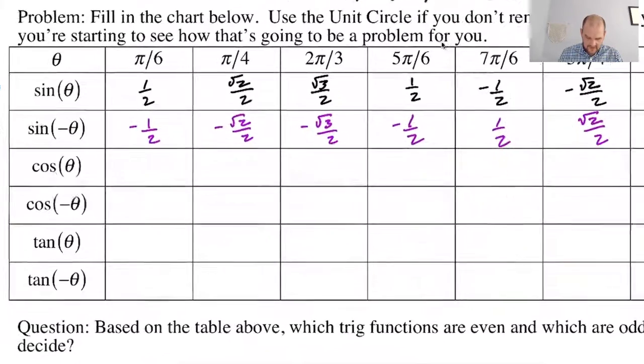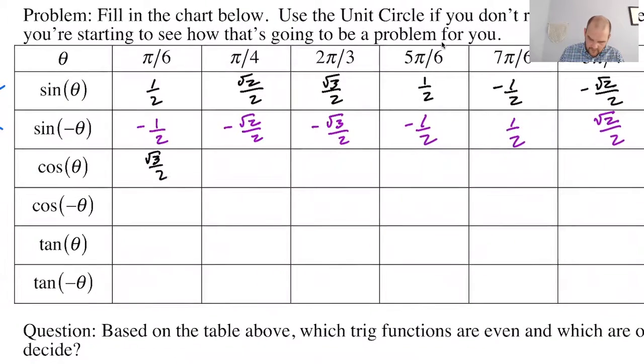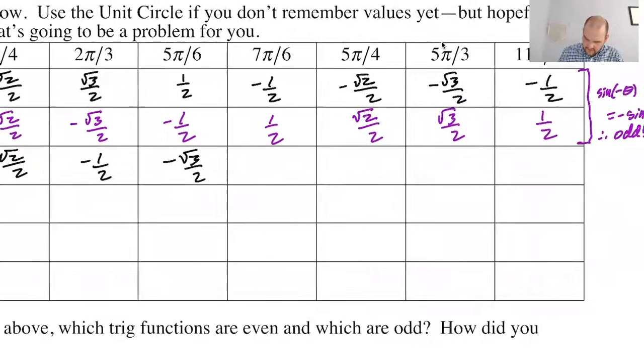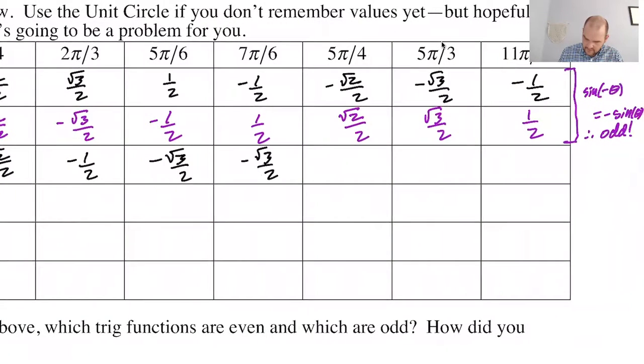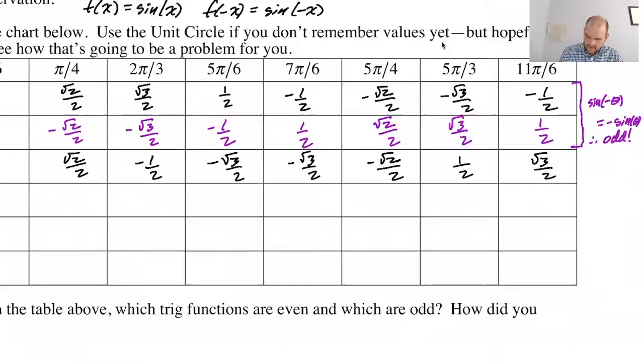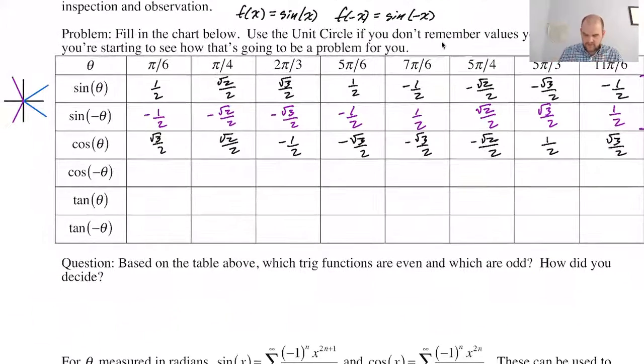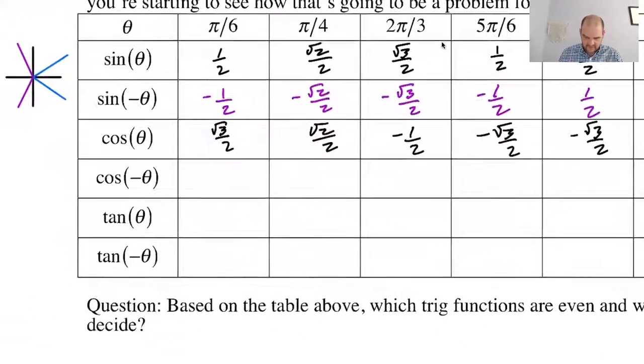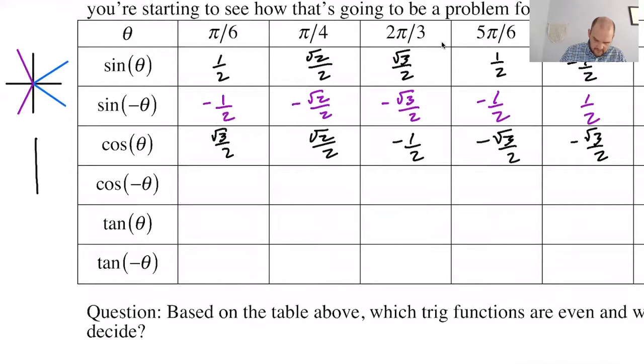All right, let's do these cosines. So cosine: root 3 over 2, root 2 over 2, negative 1/2, negative root 3 over 2. Another negative root 3 over 2, negative root 2 over 2. What am I doing, cosines? Positive 1/2, radical 3 over 2. Okay, so pi over 6. Now I'm going to take this in a slightly different way. So do this, do this. Okay, so we got A, S, T, C. All right, so